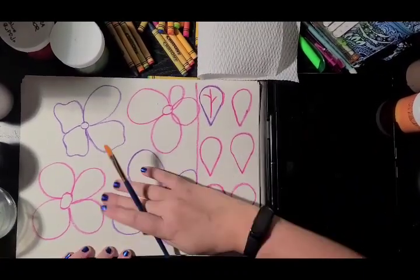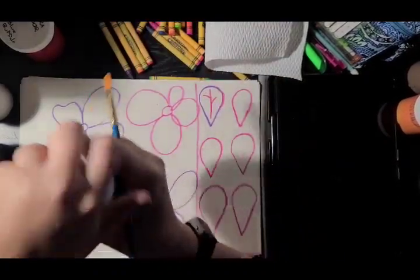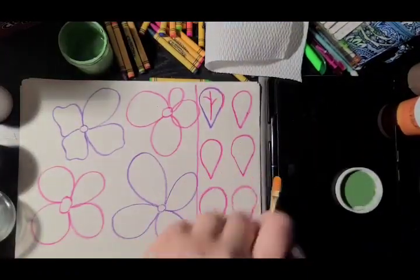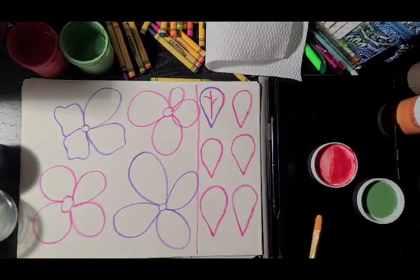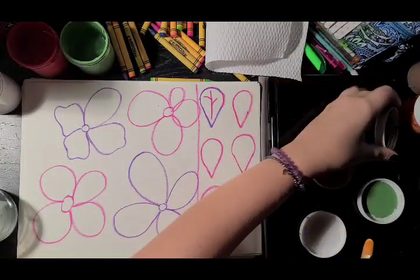So I'm just going to pick one of my flowers to do in paint, as well as one of my leaves so I can show you guys. So you guys should have green. You should have red. You should have white. And you should have black. And if you don't have wet paint like I have here,